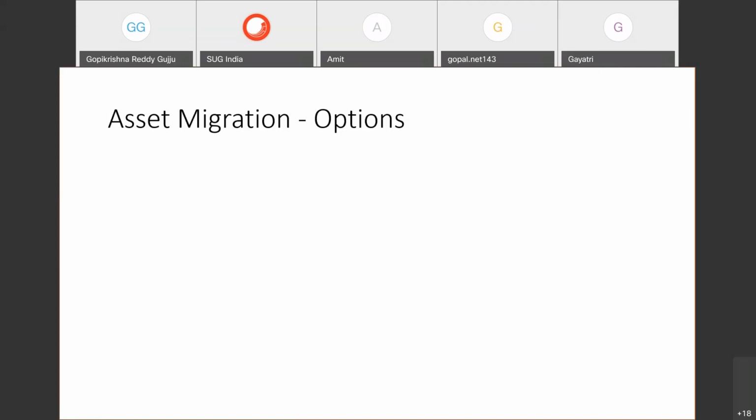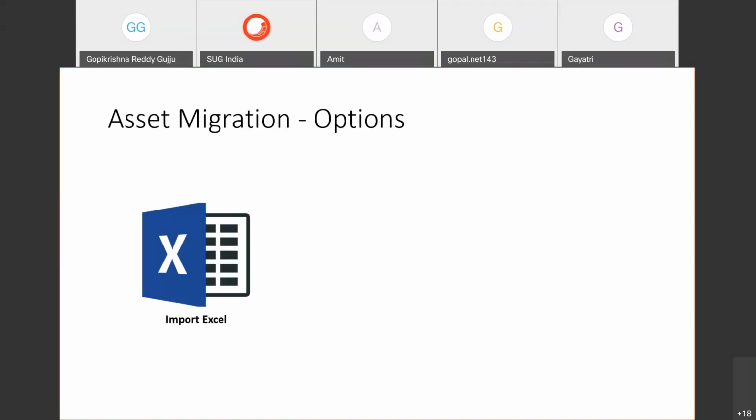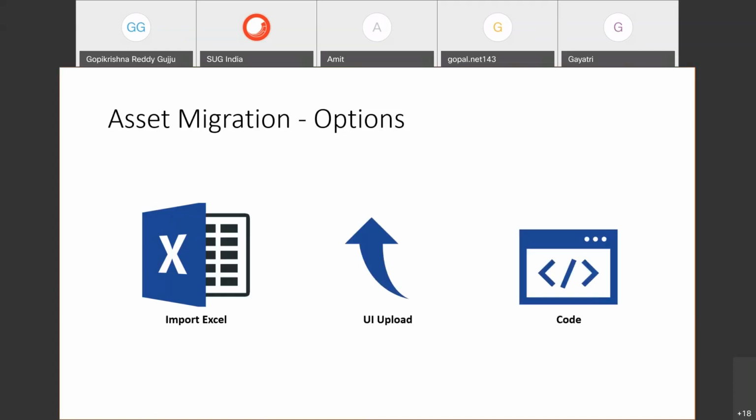There are multiple ways to migrate assets. One is importing Excel. You might have already seen this in the Content Hub course. We define some metadata and some public links, then we can import through Excel. Then there is UI upload from the Content Hub server itself. You can just go to a certain create page and upload the assets manually. And through code, using the REST API or Web Client SDK, we can do all these CRUD operations, which is a create operation here.